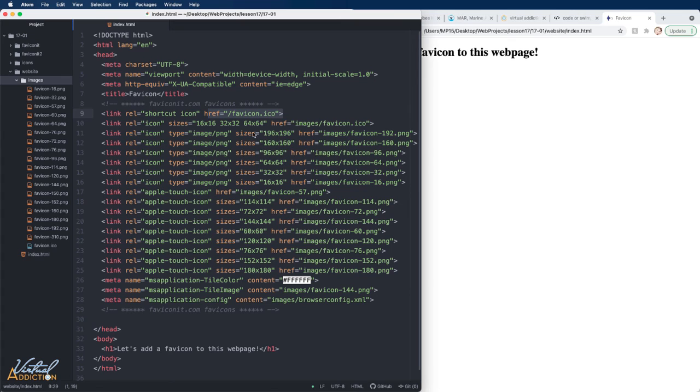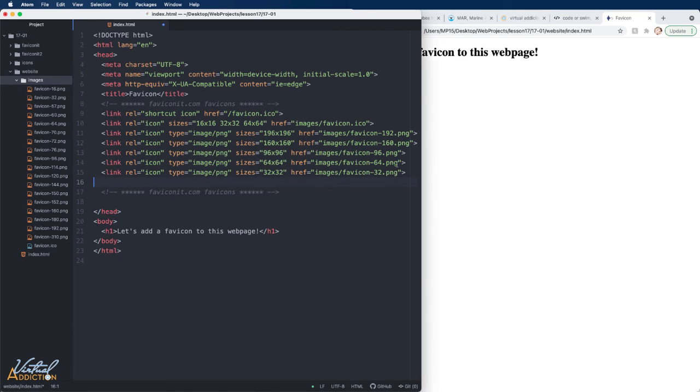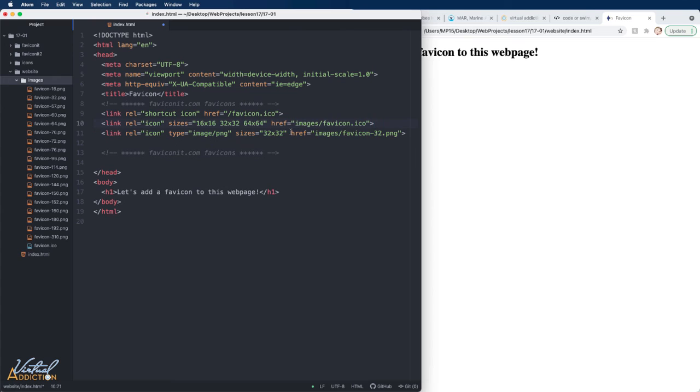It also might be a little bit of overkill, so for most purposes, I find that it's easier simply just to reduce this down and either use the ICO link or the link that links out to the PNG. If you're not worried about the different sizes, you don't really need the size attribute, but if it's there, it's not going to hurt anything.